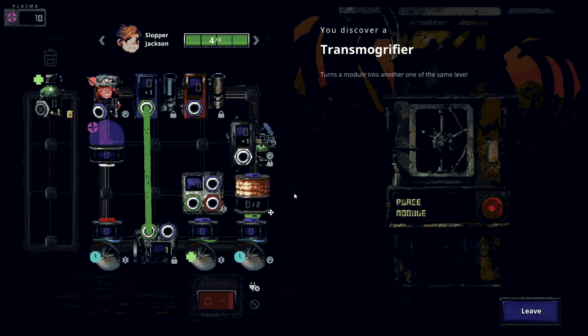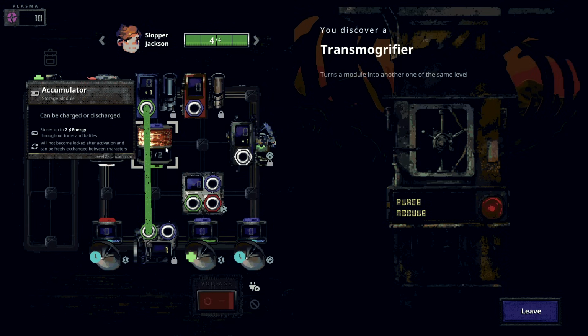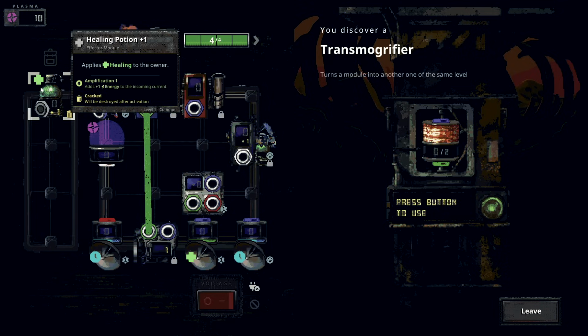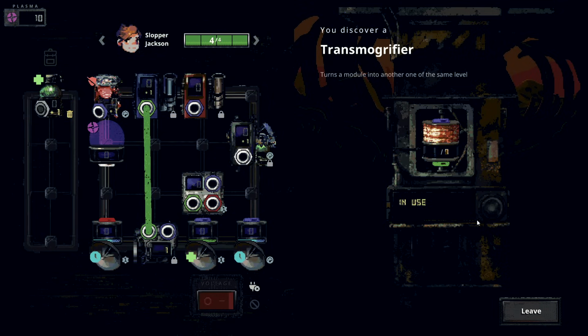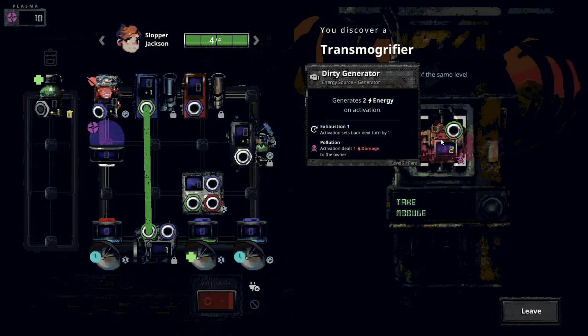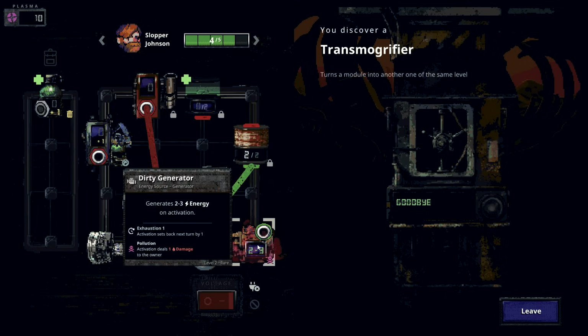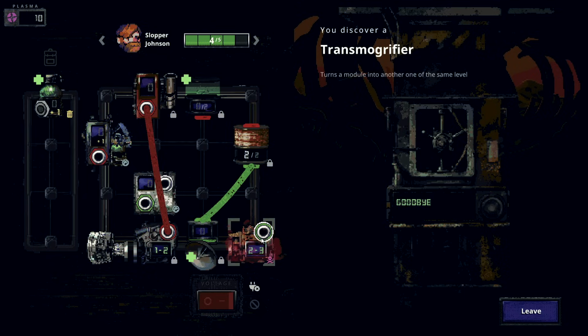Okay, I think it's gotta be you, because you're not very interesting to me. We haven't found a good use for it. Maybe I'm wrong, but we really have not found a good use for you. So what do you got? You are now a dirty generator, generates 2 energy on activation, but deals a damage to the owner. It's a green output. I like you. I like you. I think that you're fairly interesting on Slapper Johnson here, because now we can generate 2 to